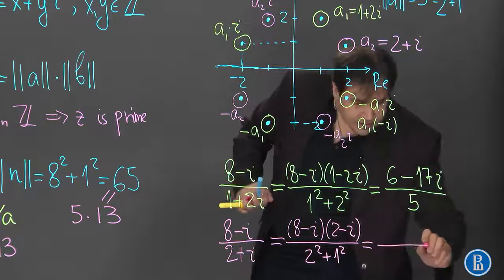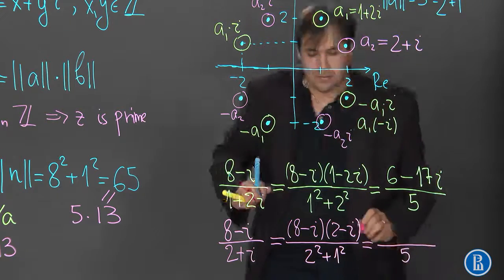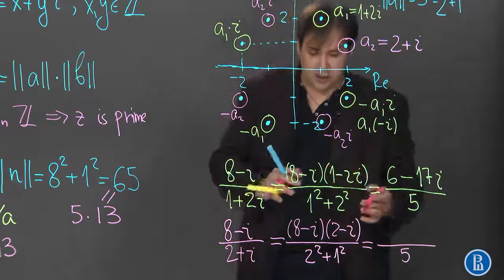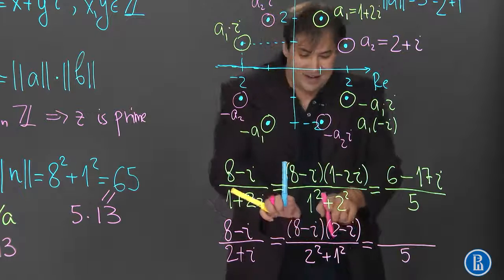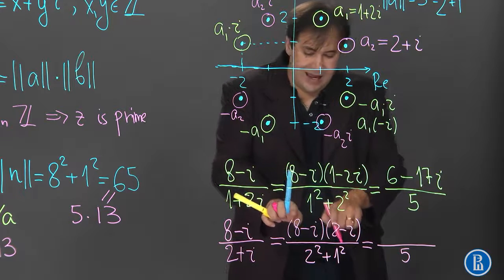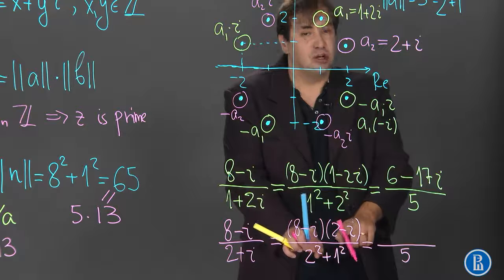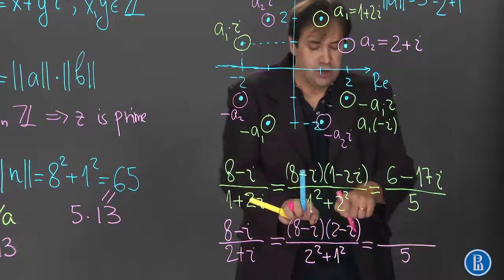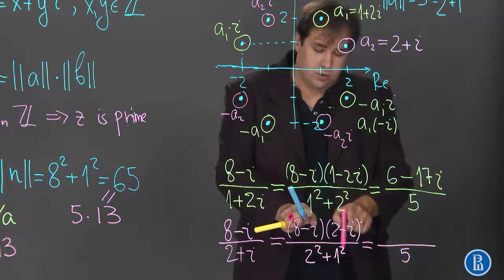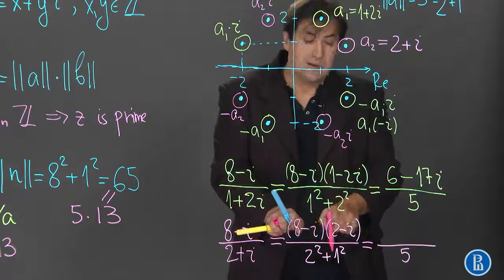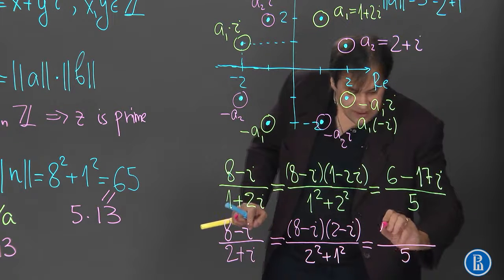And now let's just calculate the numerator of this fraction. Well, once again, here we go. 8 times 2 is 16. Imaginary unit multiplied by imaginary unit is equal to minus 1. So 16 minus 1 gives us 15,